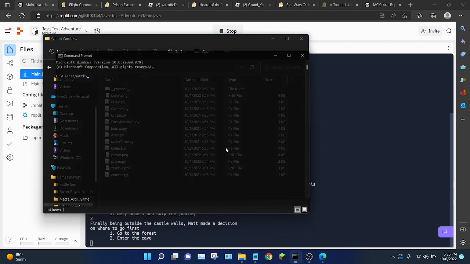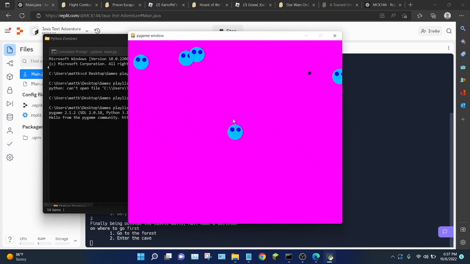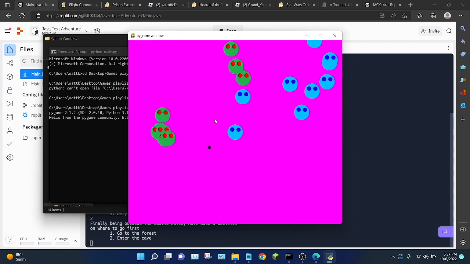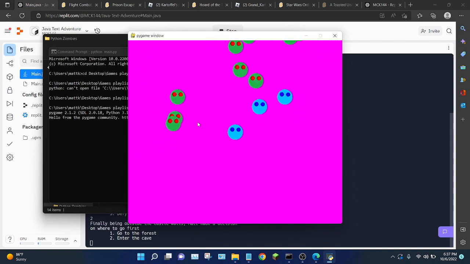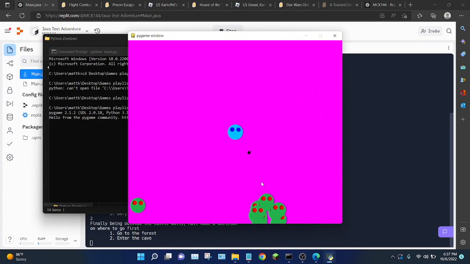I need to use command prompt to run this, and I'm playing as this fast moving circle. I can shoot in the direction that my mouse is aiming, and you can see there are humans and zombies in this game. The problem with this is not a bad game, but the problem is that it is very, very fast paced. So everyone got infected instantly.